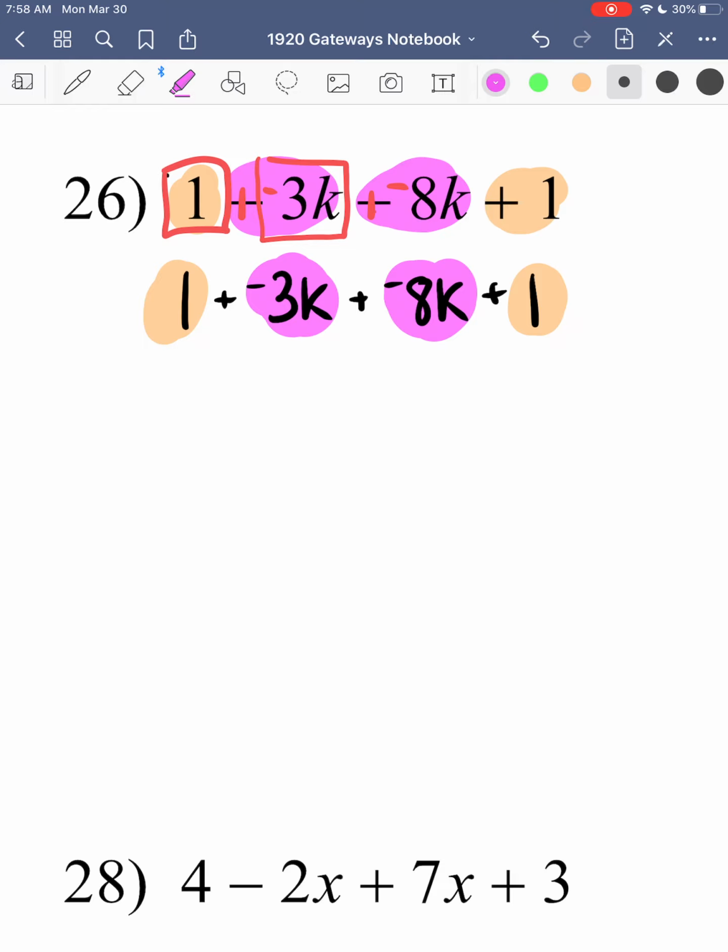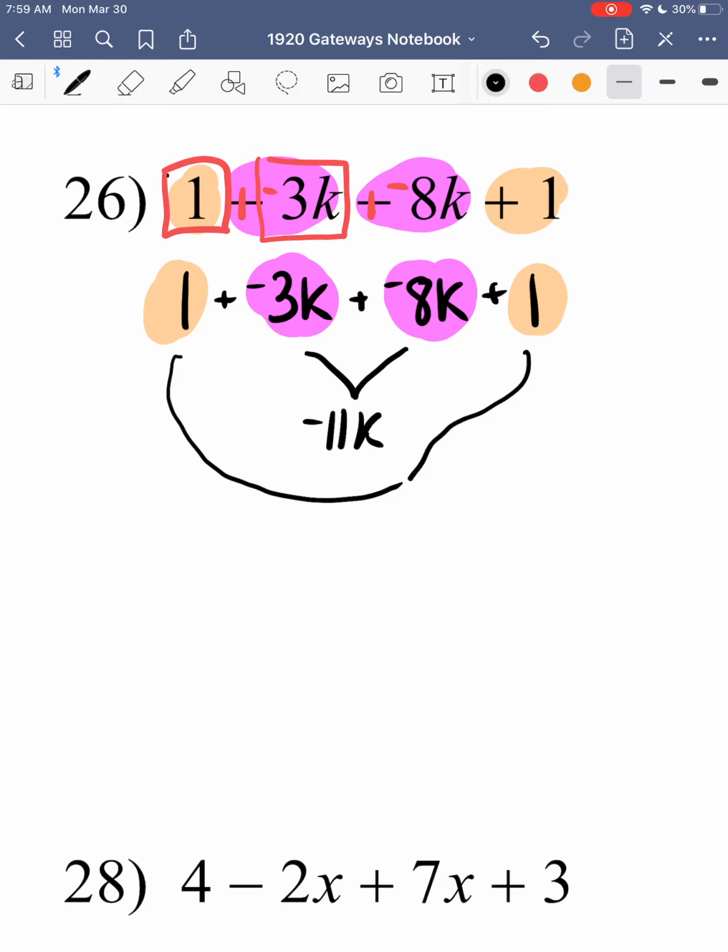So if you remember from what we did in the last question too, negative 3k and negative 8k, well, that'd be the same thing as if you had negative 11 times k. So that will end up being here as negative 11 times k. And then these here, 1 plus 1 is obviously 2. So these would end up being,